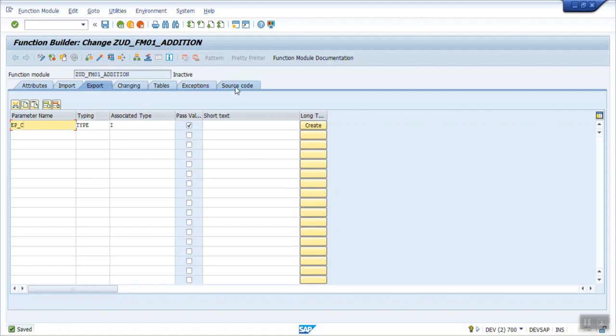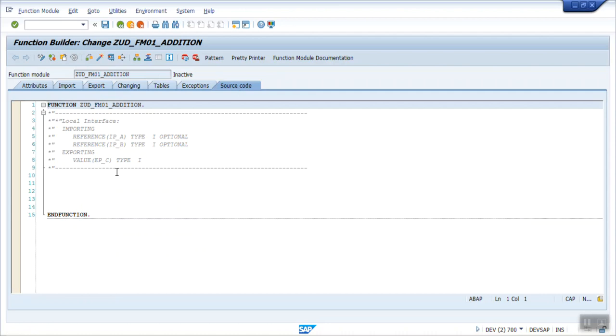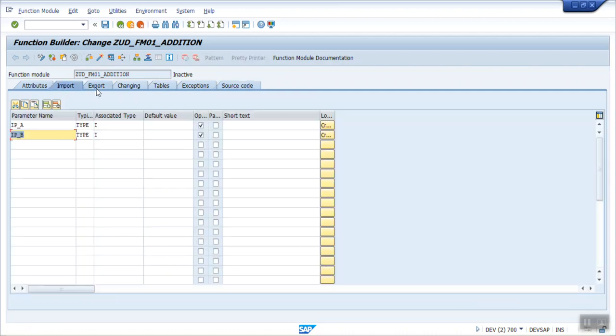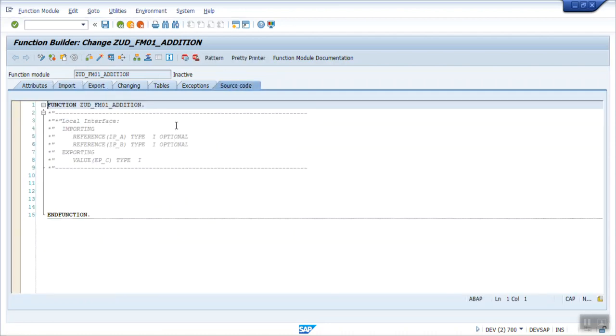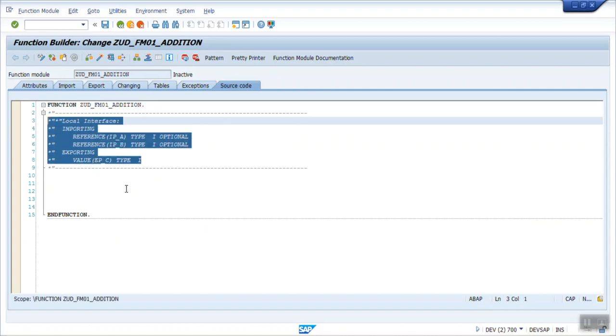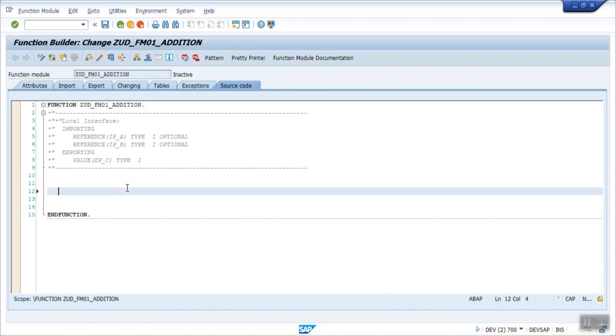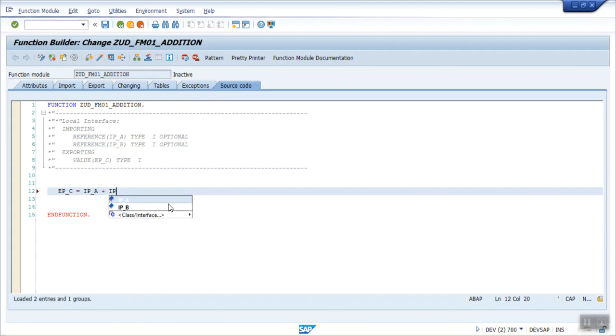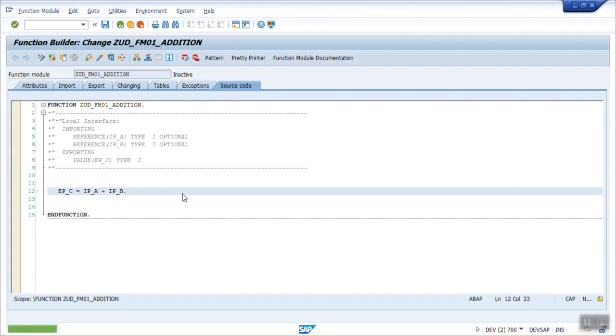Now go to source code. By default, whatever we define here, importing, exporting, we can see in the source code. So we will simply write EP_C equal to IP_A plus IP_B.